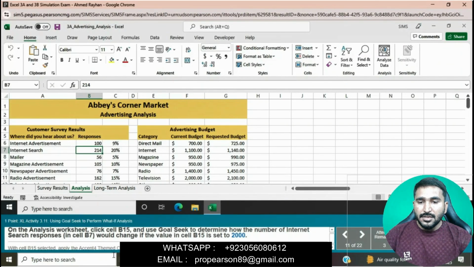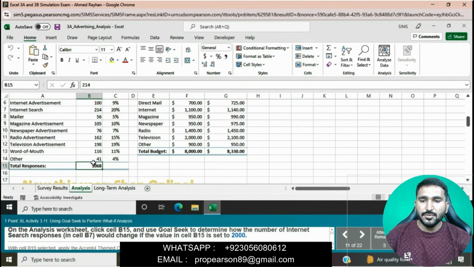On the Analysis worksheet, click cell B15 and use Goal Seek to determine how much the Internet Search response in cell B7 would change if the value in cell B15 is set to 2000.